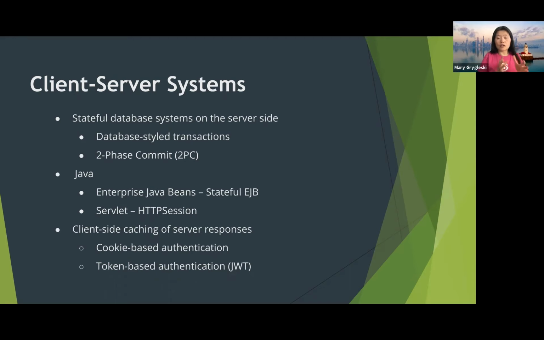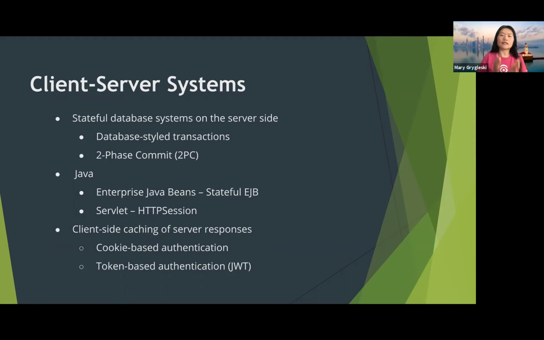And then of course, on the client side, there's caching of server responses. For example, on the client, we have cookies, right? Cookie-based authentication. I think most folks, if you have dealt with web applications, have definitely worked with cookies. That carries with it the session ID. Everywhere you go, you carry a cookie and present it to the server side. The server will say, okay, you're authenticated now. Okay, now you can give your request.